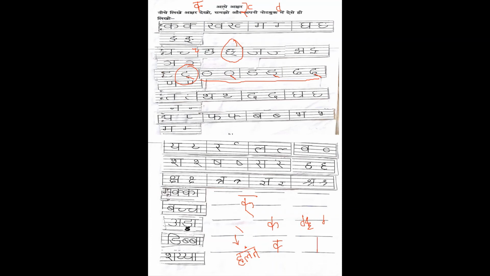For ka, you have to do like this. For fa, you have to do like this. Okay, those two only will be different. For the remaining, if you remove the standing line, for example ba, it will become half ba. So, you have to read then. Dvitva Vyanjan means two same letters, one half and one full. That is Dvitva Vyanjan.